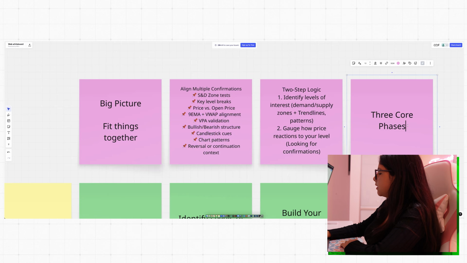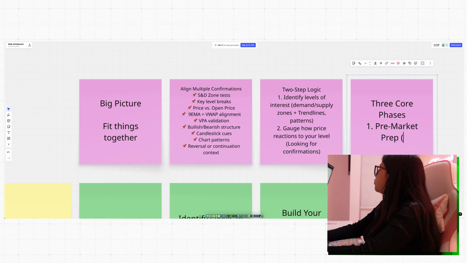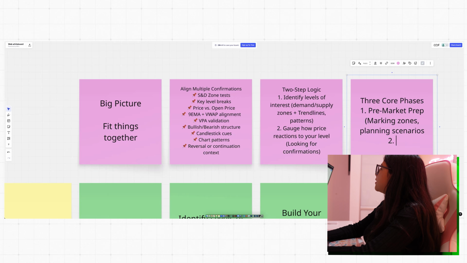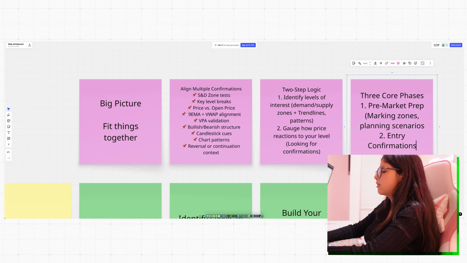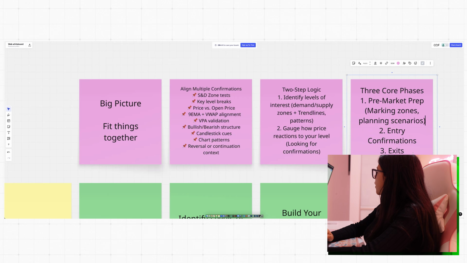So every trade basically has 3 core phases, and I'm going to walk you through a bunch of trades I've taken this month, each phase of those trades. So first is my pre-market prep, which is marking zones and planning scenarios. And then second is entry confirmations, and of course third is exits. So we're going to be discussing all of these 3 core phases of my trading system with my real